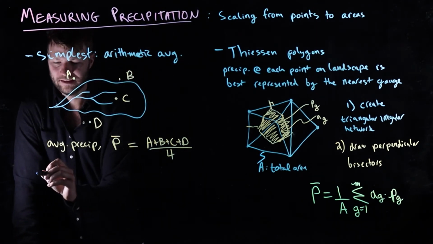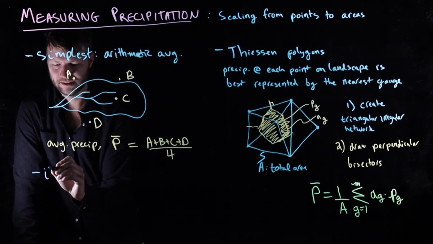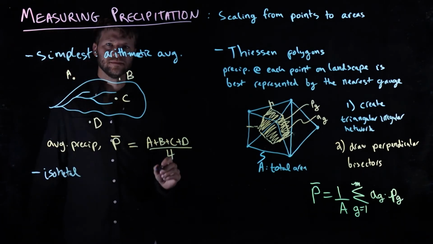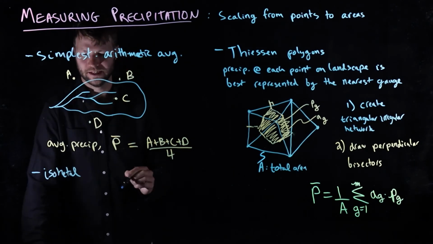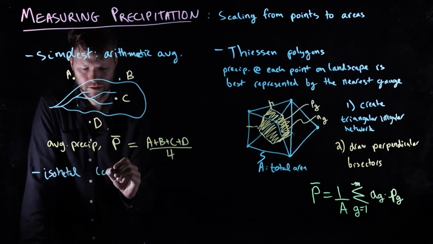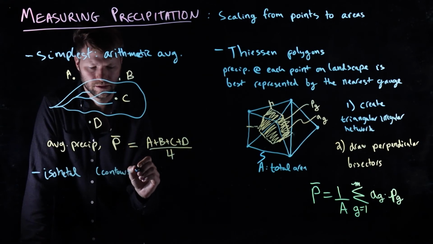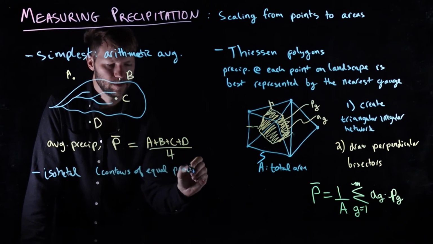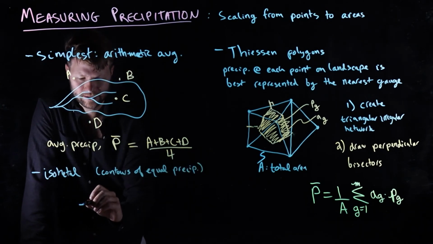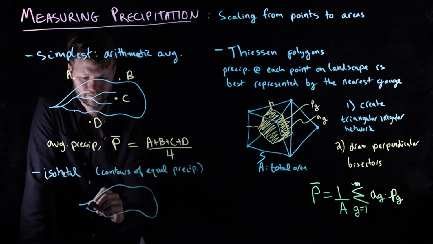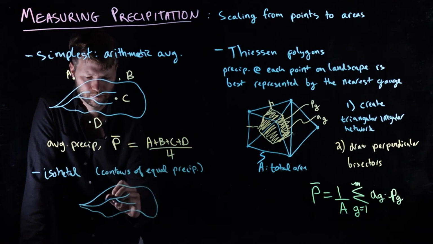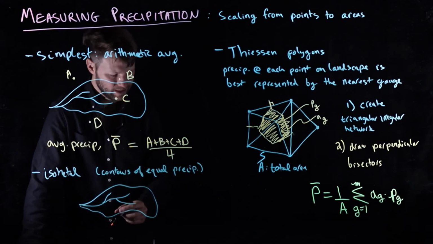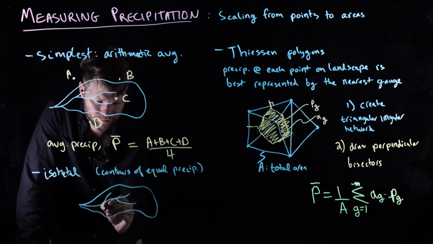So the final method that I'm going to talk about is known as the isohyetal method. And an isohyet is a contour line of equal precipitation. So I'll write that, contours of equal precip. And so if we again consider some catchment here, and then we consider precipitation gauges distributed throughout it,